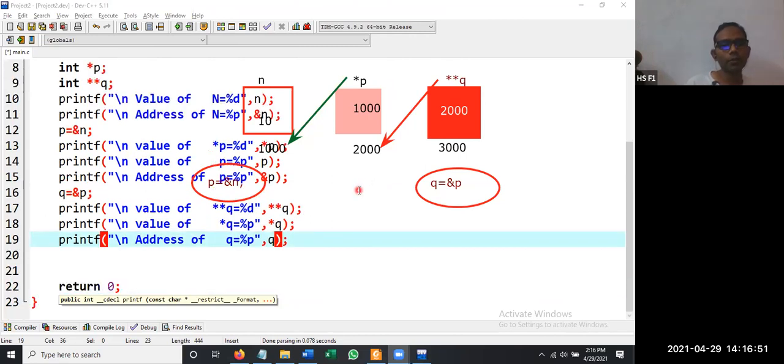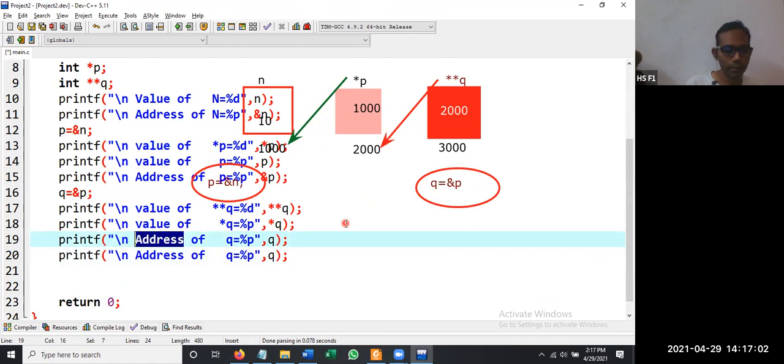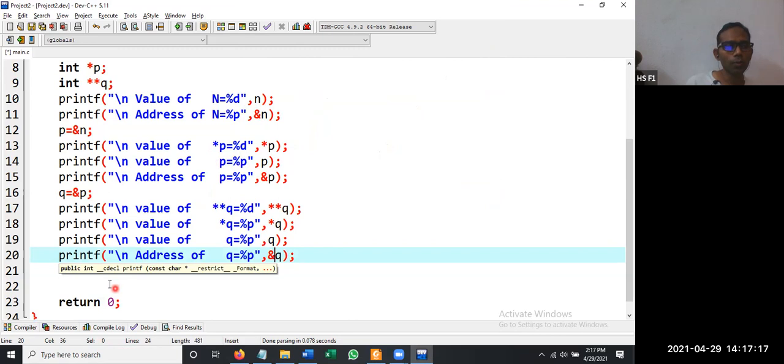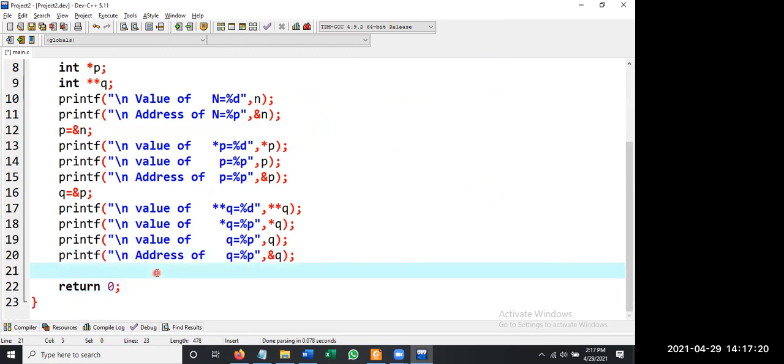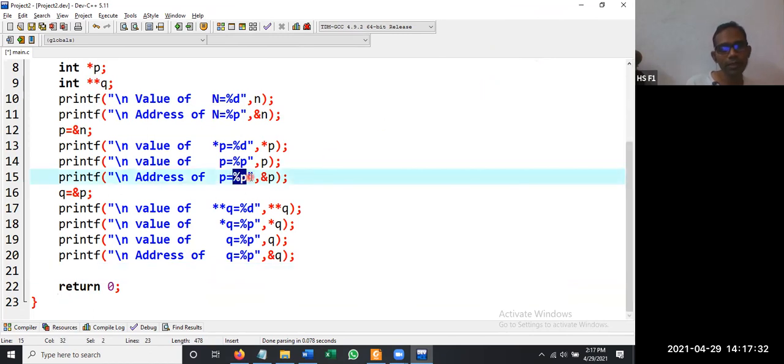Then let us write the address of q. Let me copy this one. This one is not address, it is value of q. So this is address of q, so here you are going to write ampersand q. Let me clear all the drawings. I hope this is the chain which is being followed. This is not the Corona chain; this is the chain of pointers. Is there any doubt? Just have a look at this and ask if there is any doubt apart from %p. We'll see what is %p now.